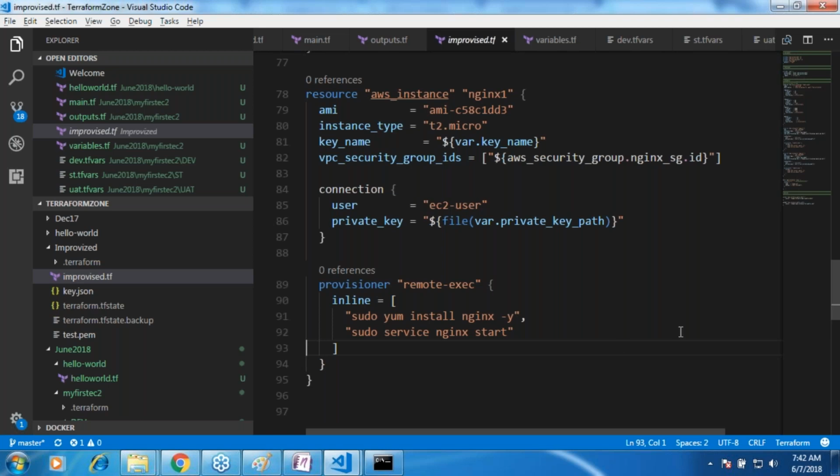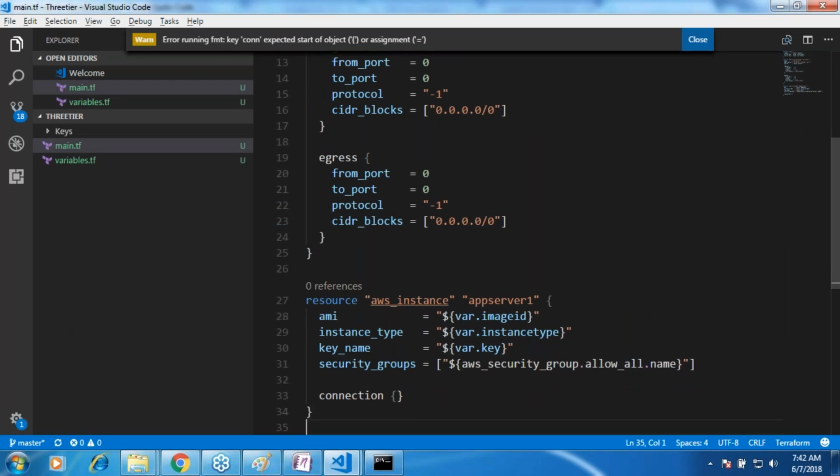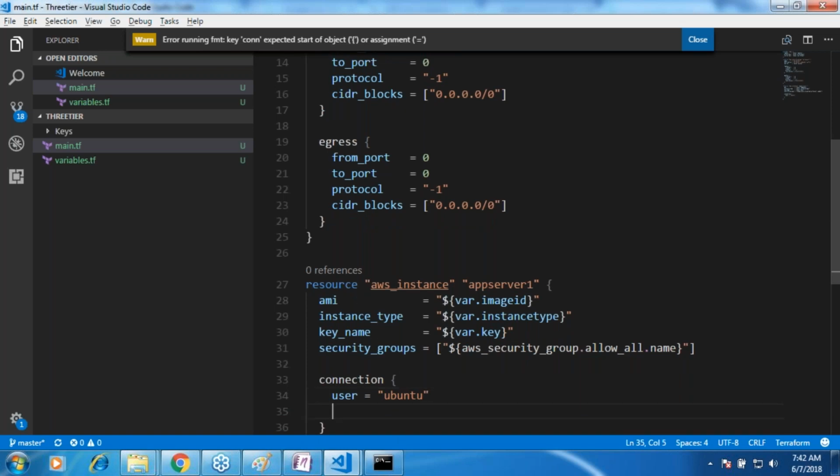So you will be basically creating a connection object, right? And connection will have two important properties. One is user. Okay, user in the case of Ubuntu is ubuntu, and then we would have the other key, which is